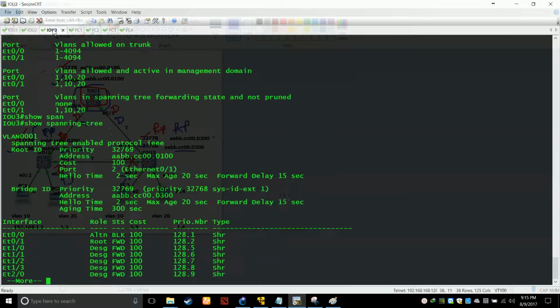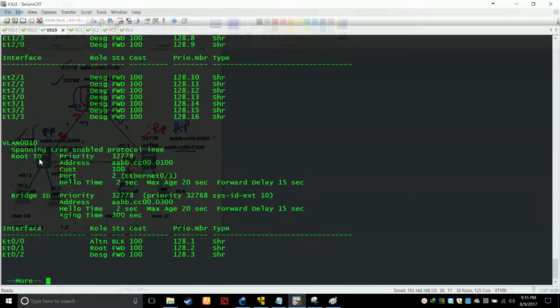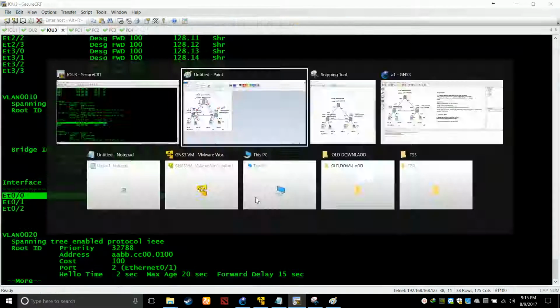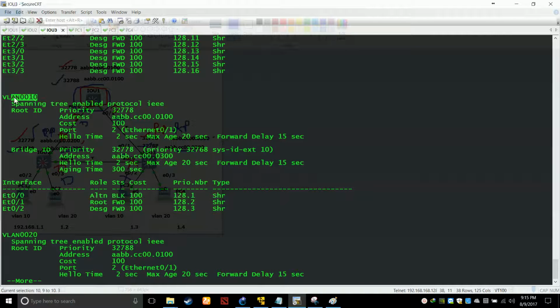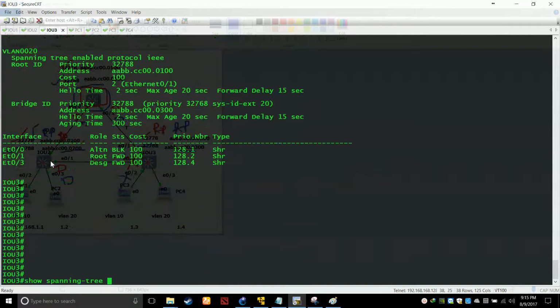Show spanning tree. We don't want to see it for VLAN 1, we want to see it for VLAN 10. As you can clearly see, my port number 00 is blocked. Port number 00 is blocked for VLAN 10. Scroll it down. For VLAN 20, my port E00 is also blocked.